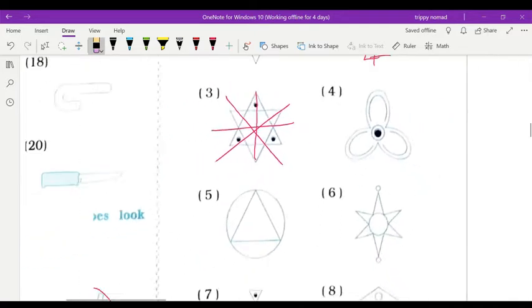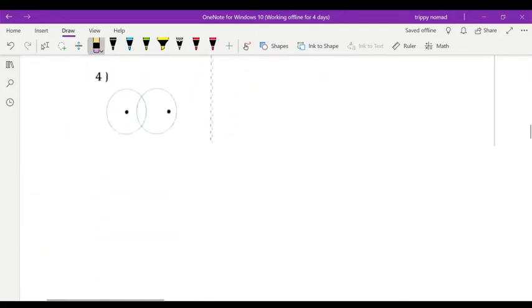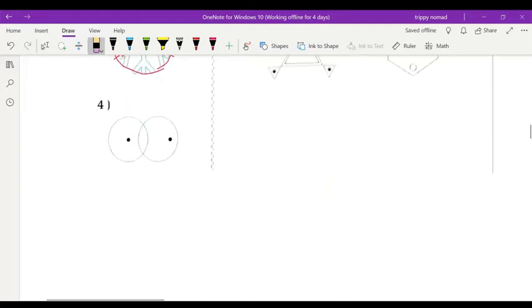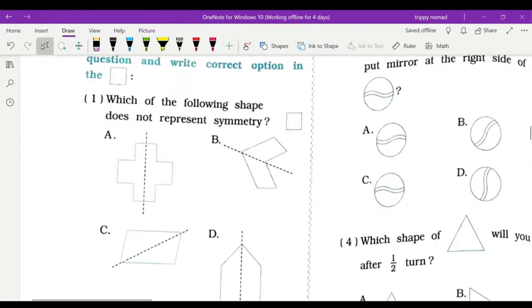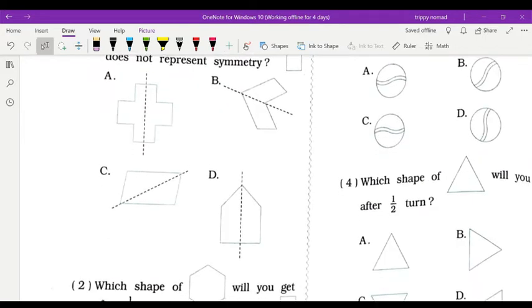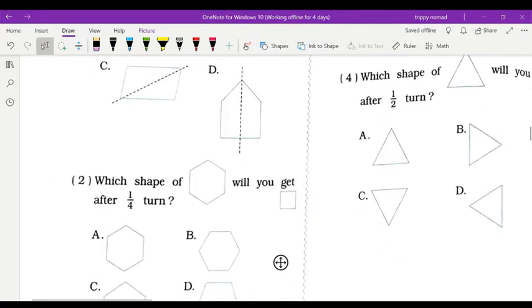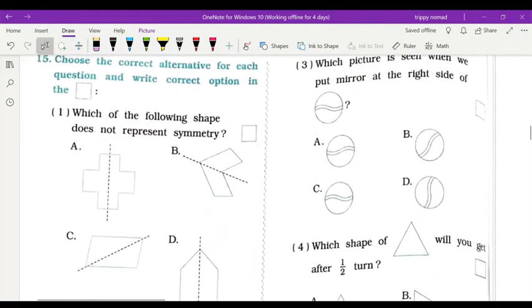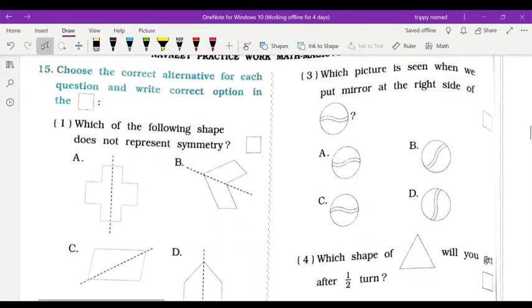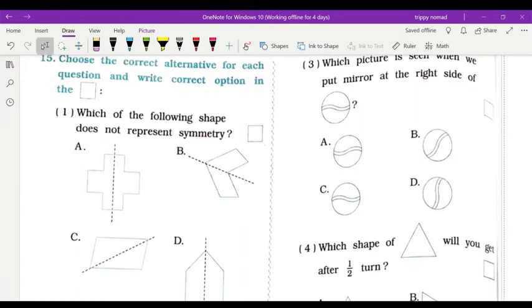The 15th question is there, I hope. Let us see. The MCQ part is there, I think. Yes, so you can do the MCQ part yourself on the basis of the knowledge used in this question. You have captured your knowledge in this chapter, so you do this. You can complete the 15th question also.